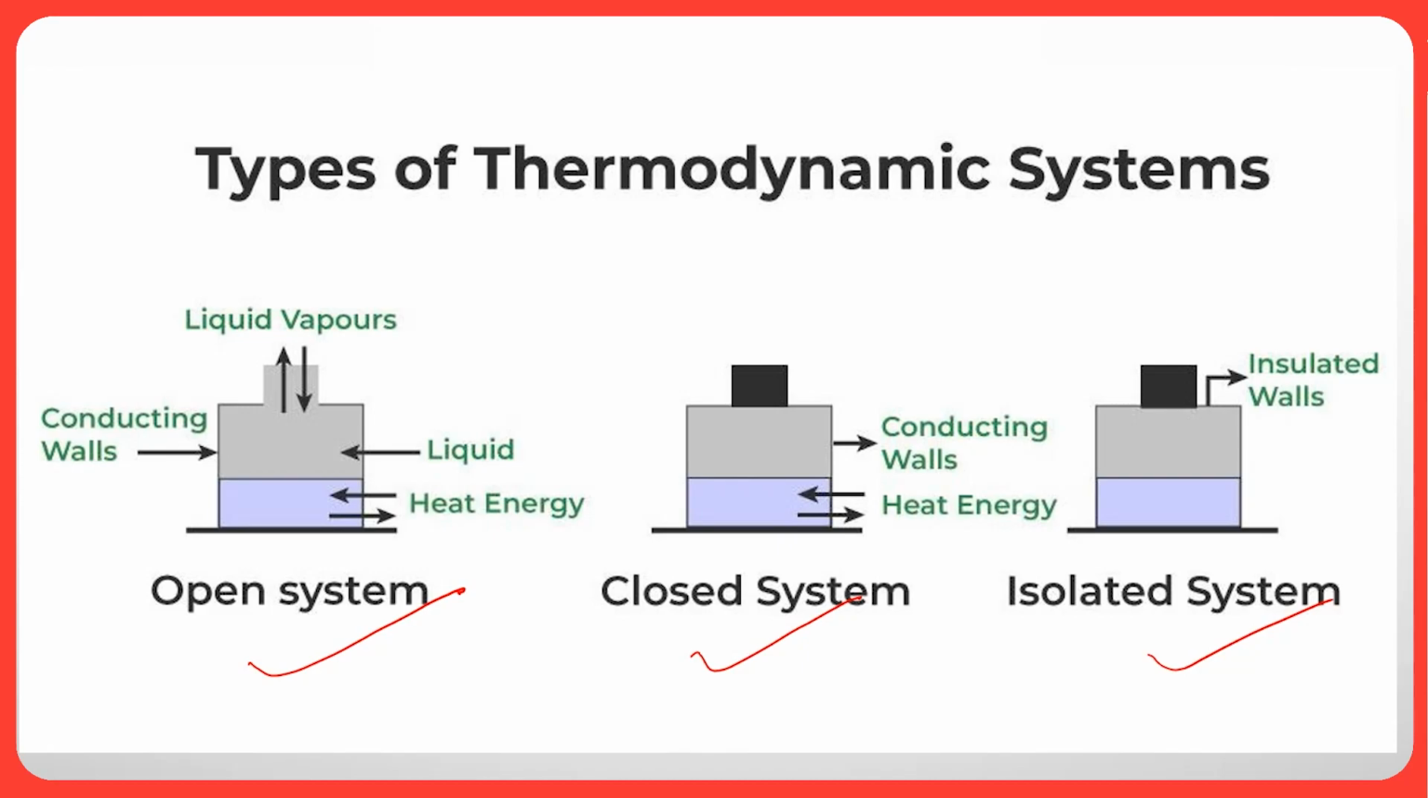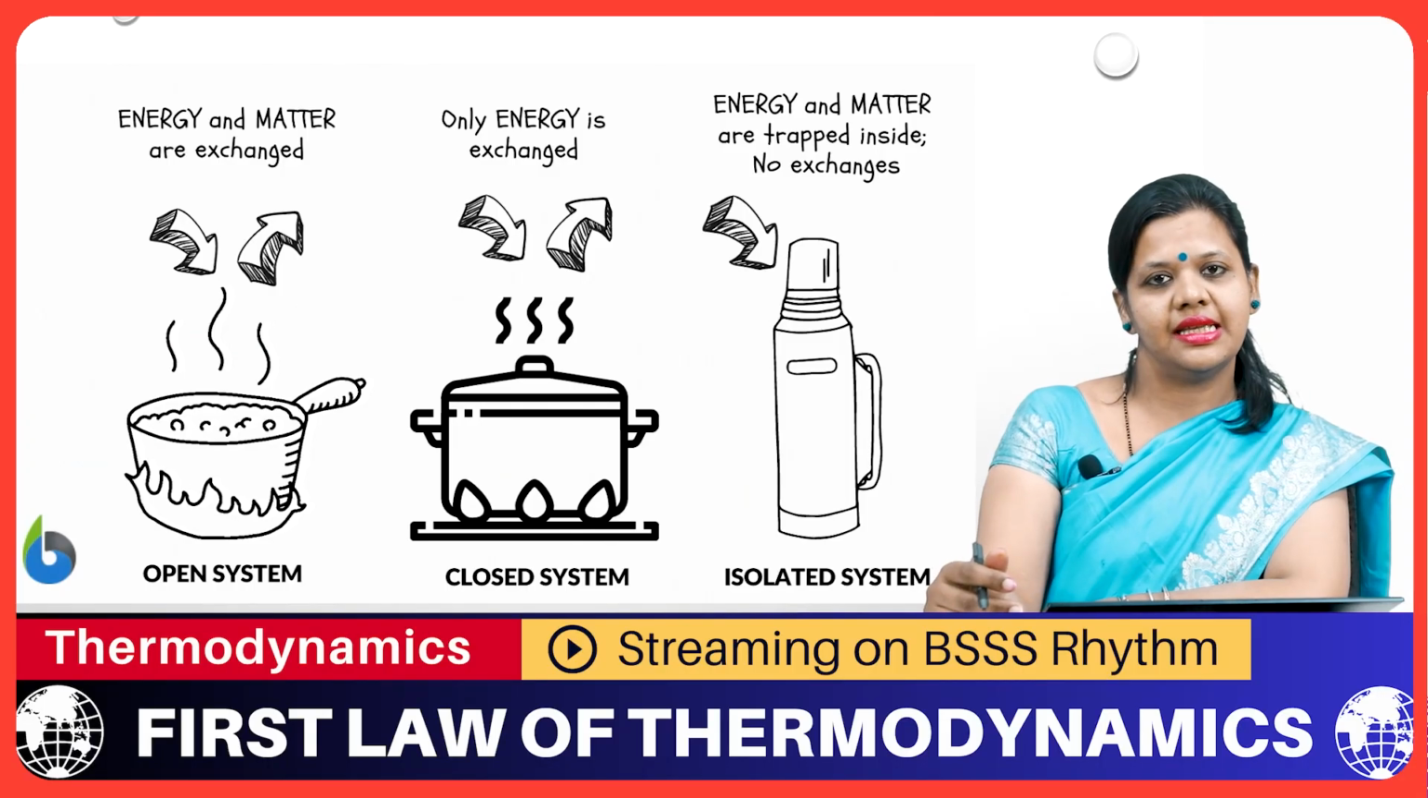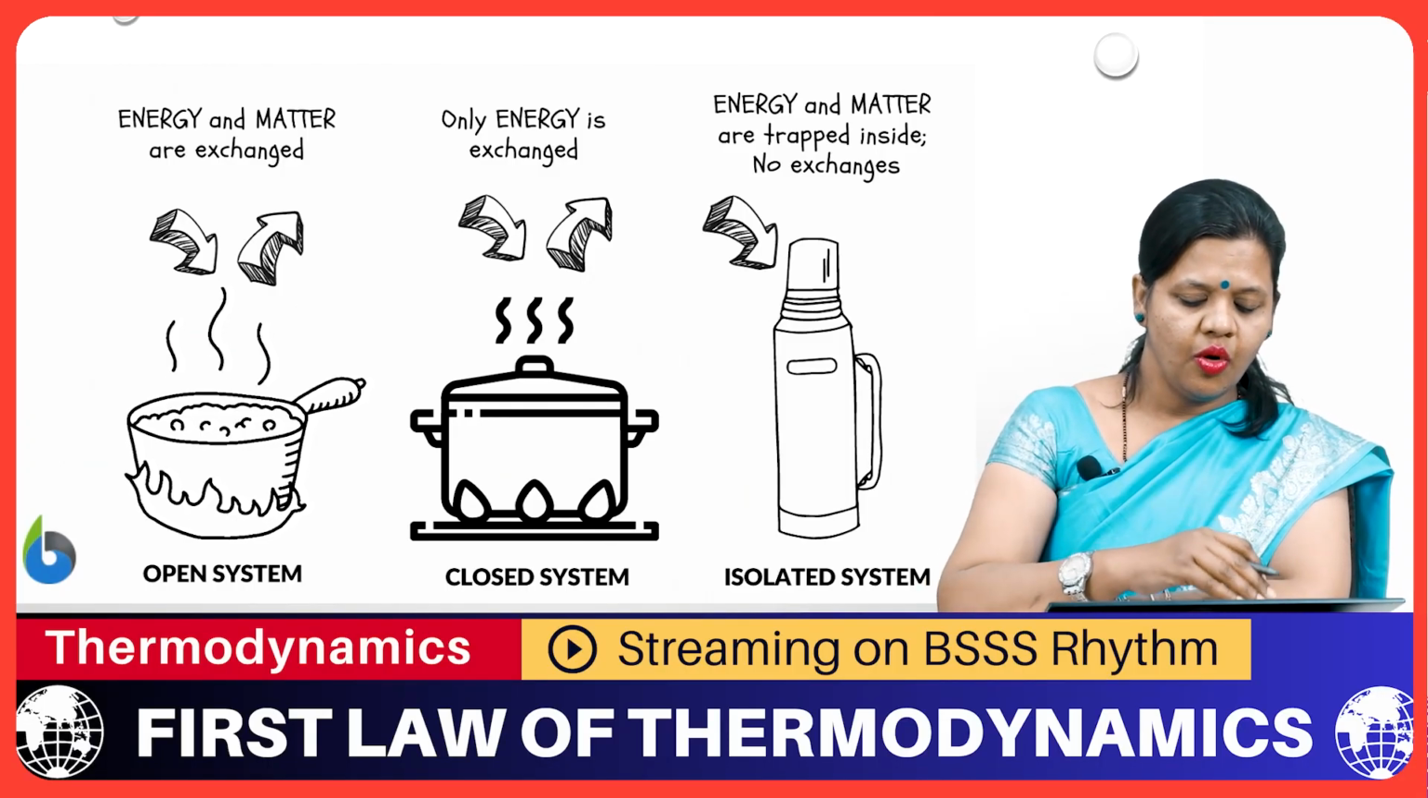Whereas an isolated system is one where, the term isolate means away from everything. So, isolated system means a system in which there is no exchange of either heat or energy as well as matter. If we talk about these three conditions in our day-to-day life, so this is an example of an open system,